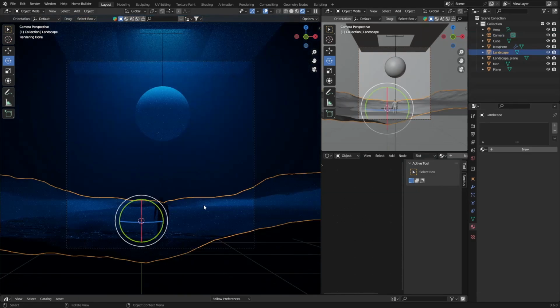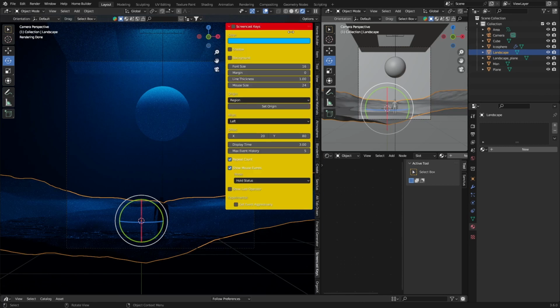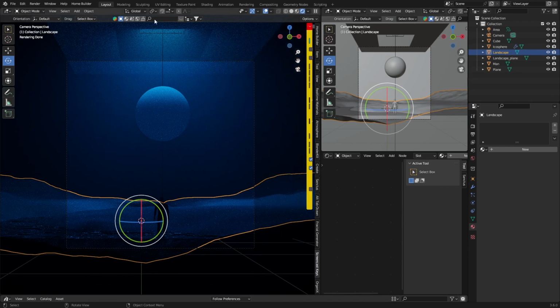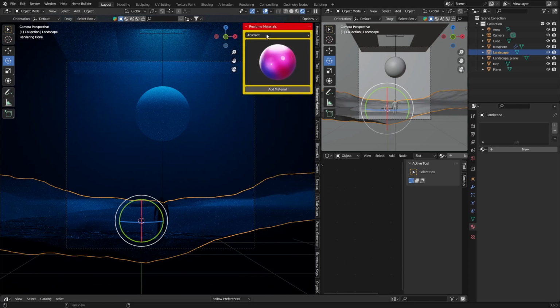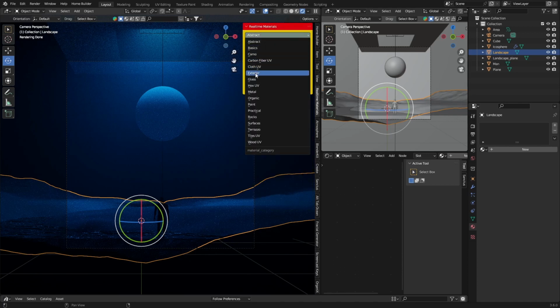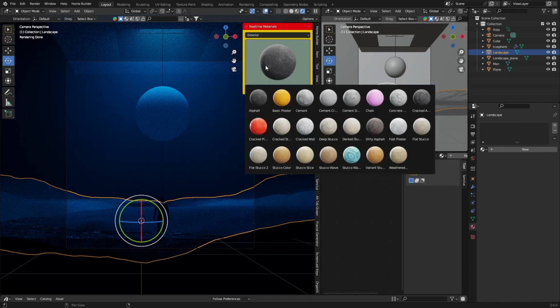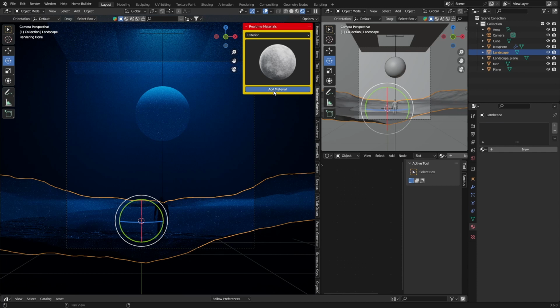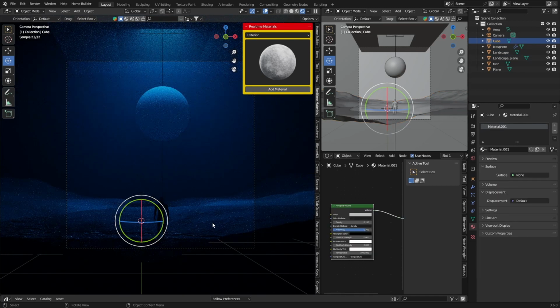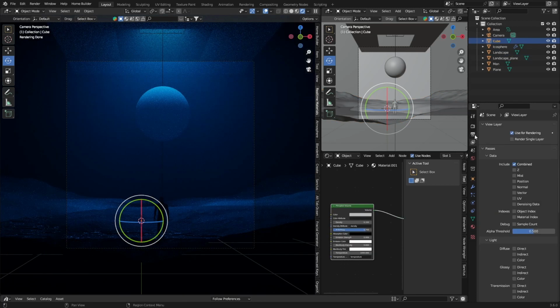bring this up. Okay, then let's select this one, and what you can do is, if you've got BlenderKit, you can throw on a material. I'm just going to use real-time materials. You can get a free version of this as well if you want, but what I'm going to do is just throw on exterior cement, so it's a bit of roughness here. Okay, and then what I want to do is also just change this